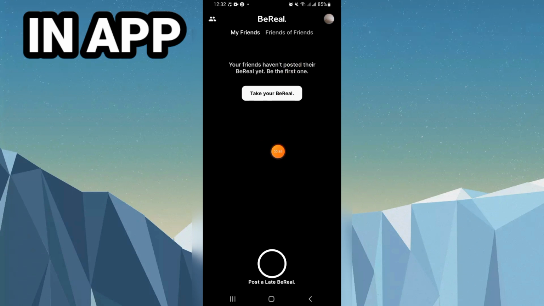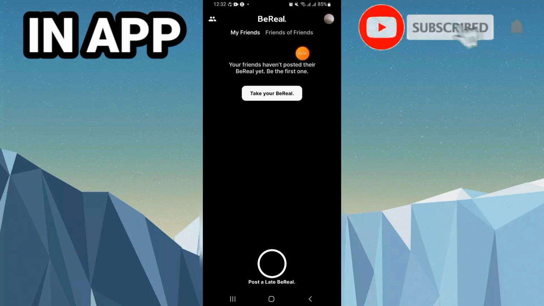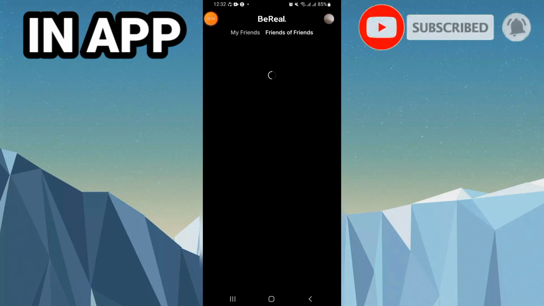For me, I don't have any friends who use this application. That's why I can't see anything, just a dark screen. Also here, friends of friends. Also, I will come here